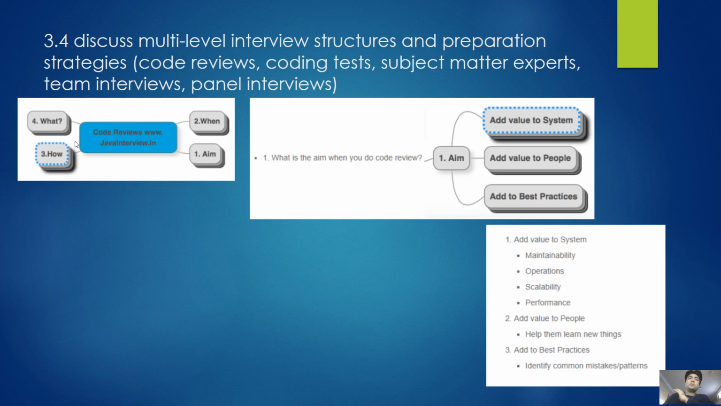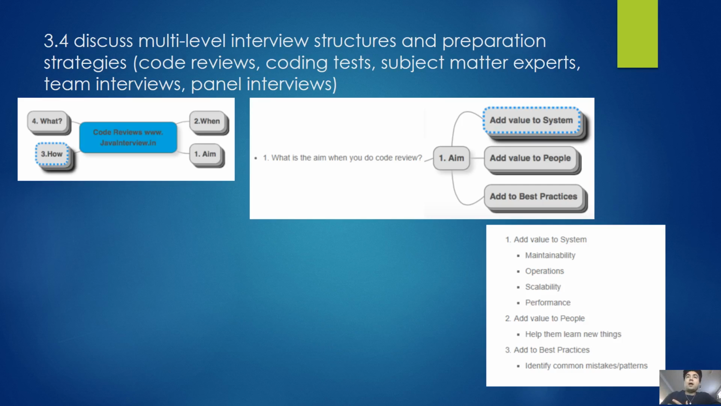Code reviews means that we are focusing on just one topic, and in this topic we will have just a specific, general question. In this case, we will have four questions. The first one is aim, second when, how, and what. And each question we will disclose